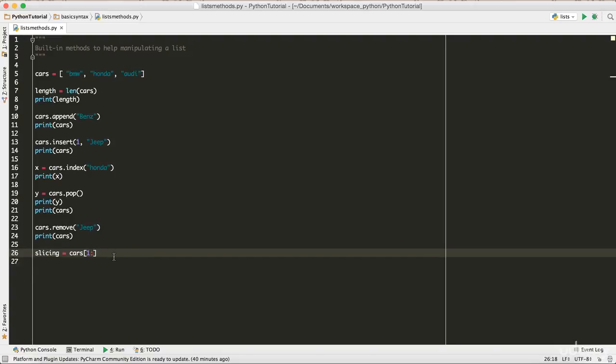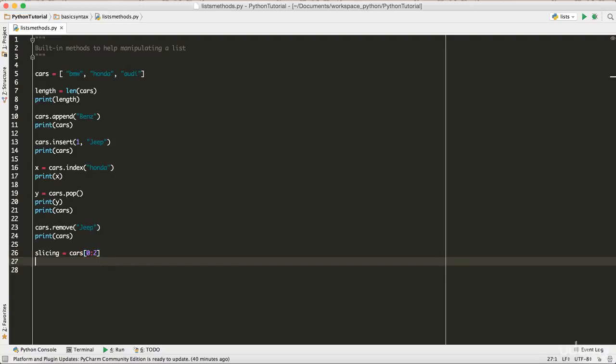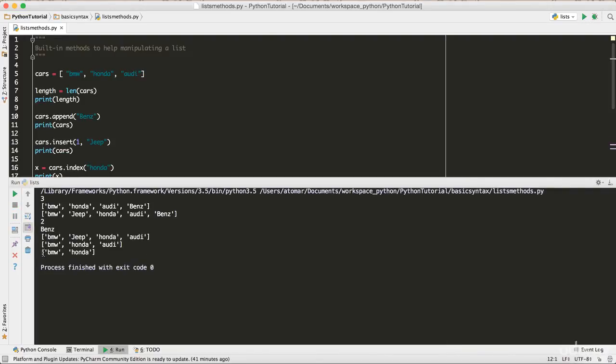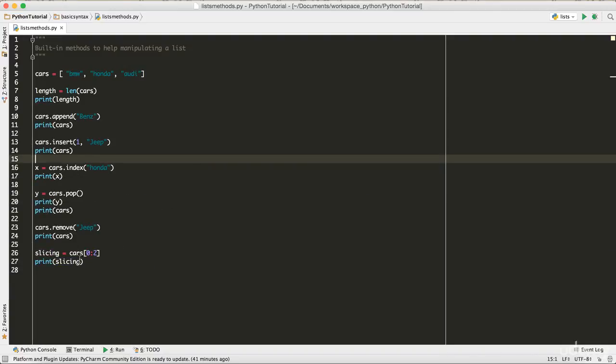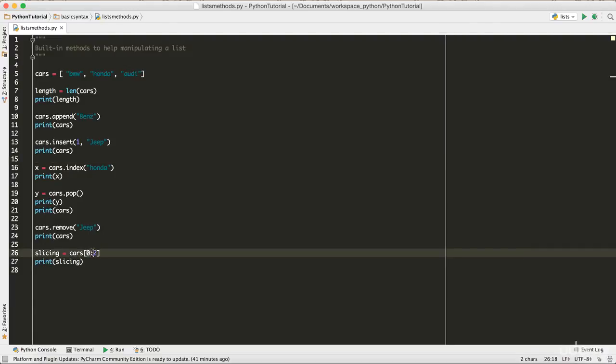So let's first do something easy. Let's do from 0 to 2, and see what this contains. So print slicing, and this should contain BMW and Honda, right? It is taking out the items from index 0 to 2 and putting them in another list called slicing, which is the name we gave. 0 is inclusive but 2 is not inclusive.